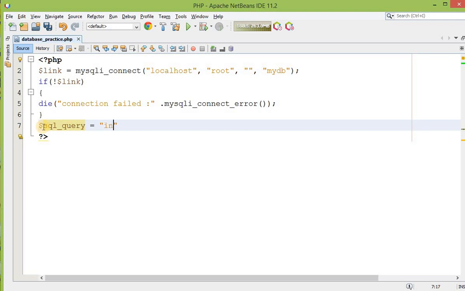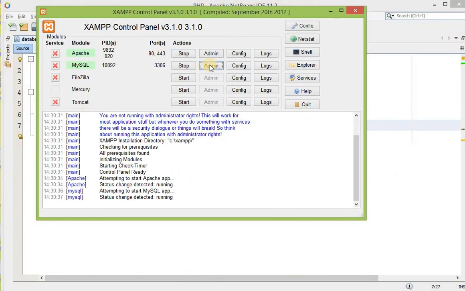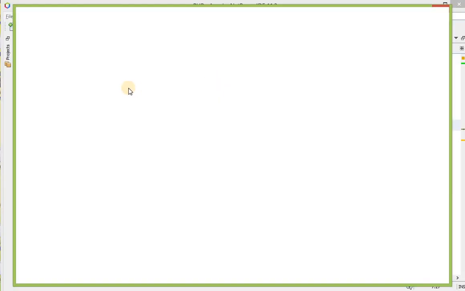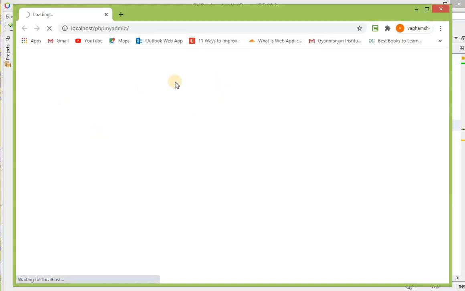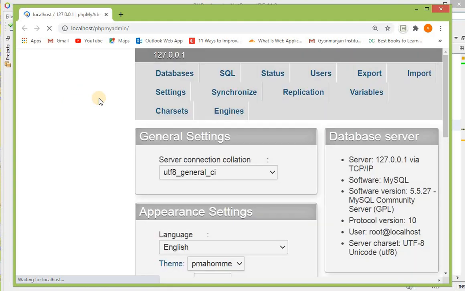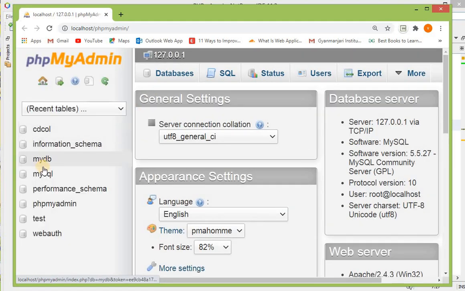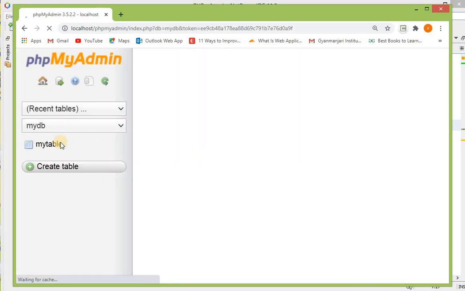So, insert into table name. What is the table name? You just need to check this. Go to the admin panel, and inside this, over here, this is my database, my DB, and you can check.